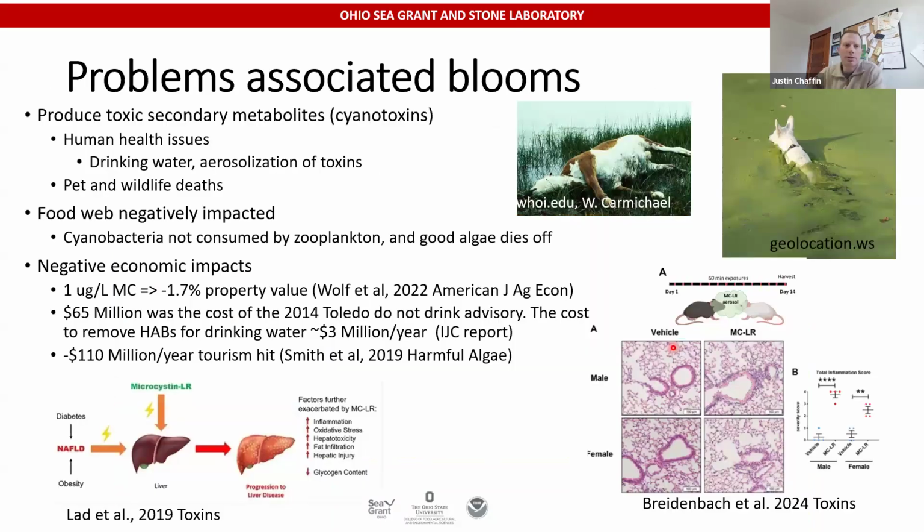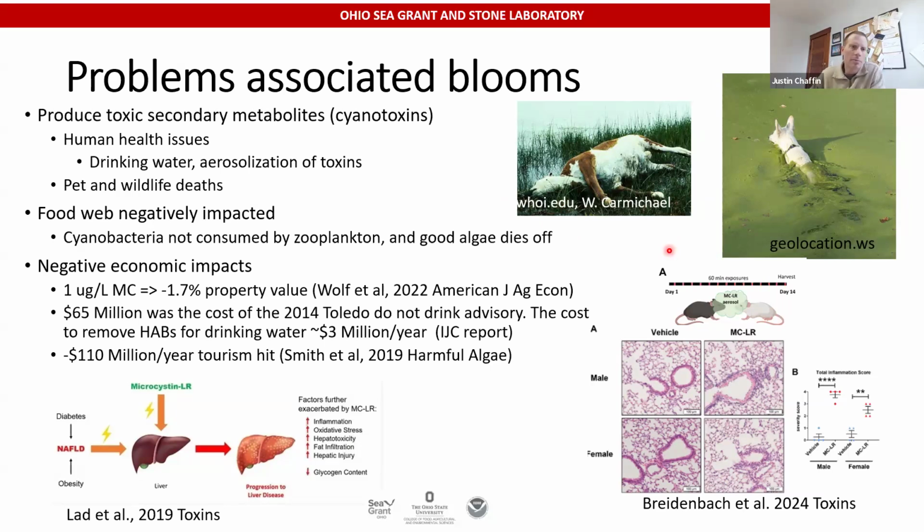Some problems associated with the blooms: they will produce these secondary compounds that have toxic effects. So there can be human health issues. The toxins can get into drinking water, and we're learning a lot about how these toxins can get into the air and cause inflammation in lungs. A lot of pets or wildlife have died associated with